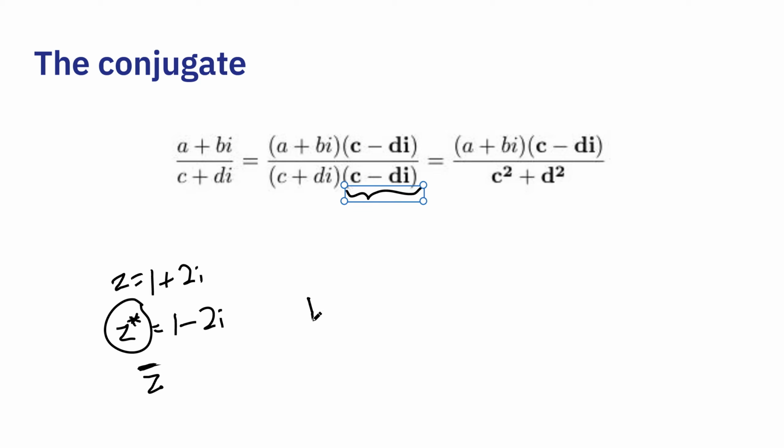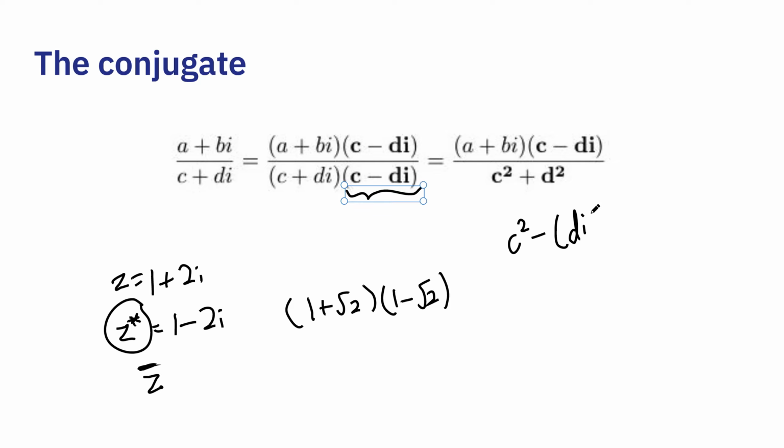Remember, when we had weird denominators like this, we were taught to multiply by 1 minus square root 2. This is because of the a squared minus b squared equals a plus b times a minus b formula. We can do a similar thing with the denominator over here. We multiply by the conjugate c minus di, and the bottom will become c squared